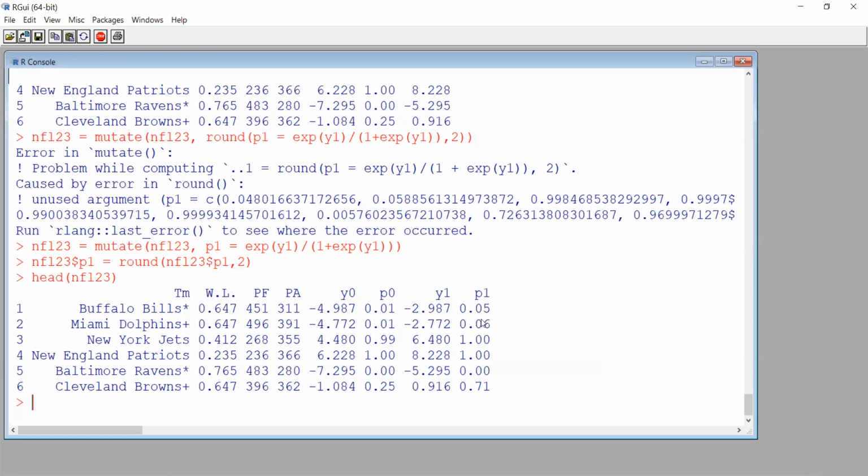So the probability they make it to the wild card round but don't make it to the next round is 0.04. Okay. So I don't think we need to subtract it here, although we could, and then they would add up to 1. But just because you might want to use it in the other sense, you might want to think about it this way. This tells you that there's a 1 in 20 chance the Bills only made it as far as the wild card round and then got knocked out.